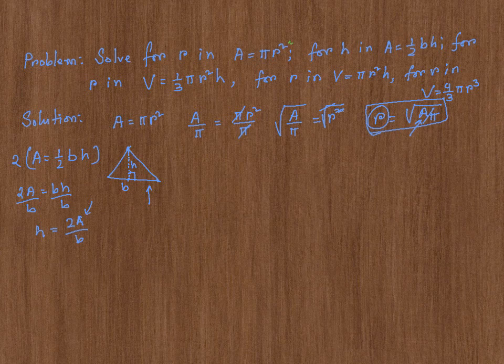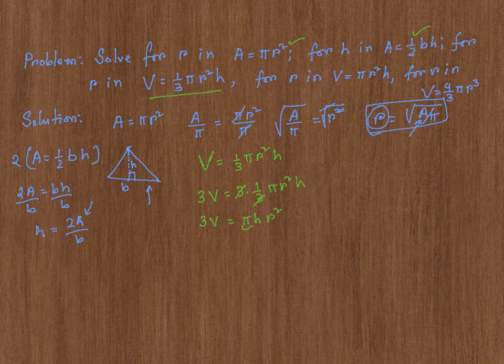Now let's go ahead. So we have done this one, we have done this one. Now this is the volume of a cone, so we need to solve for r again. V is equal to 1/3 pi r square h. So it's like the ice cream cone. This is the formula for finding the volume of a cone. So multiply both sides of this equation by 3. That's going to give me 3v is equal to 3 times 1/3 pi r square h. The 3 and 3 are going to cancel here, so that's going to give me 3v is equal to pi h